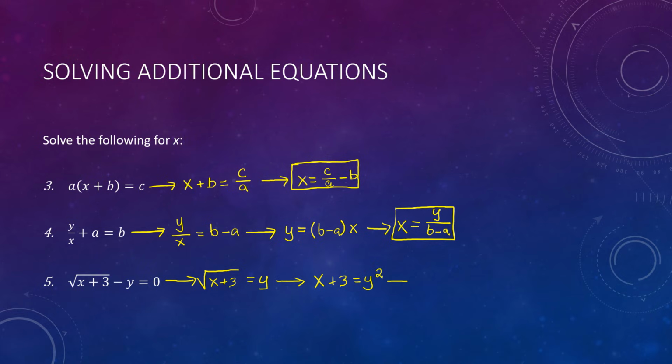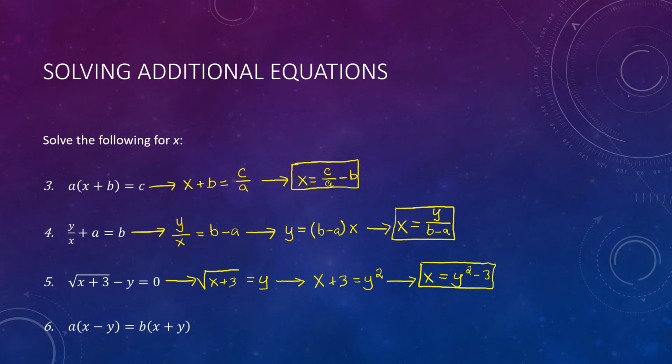At this point, the last step should be pretty apparent. We just have to subtract the 3 to the other side. So we have y squared minus 3 as our solution. Oh, I'm getting a little shaky there. Okay, fantastic. So last one, this one will be the most steps we've seen because in this one we have